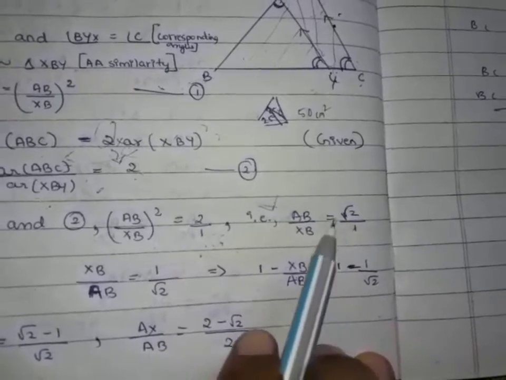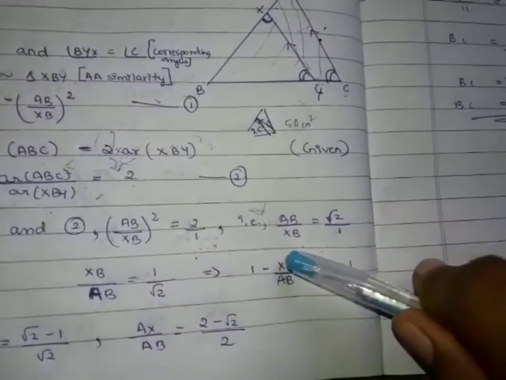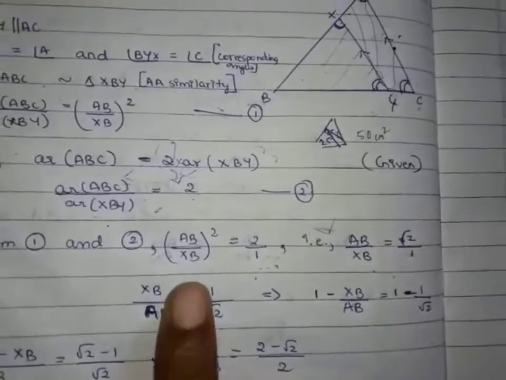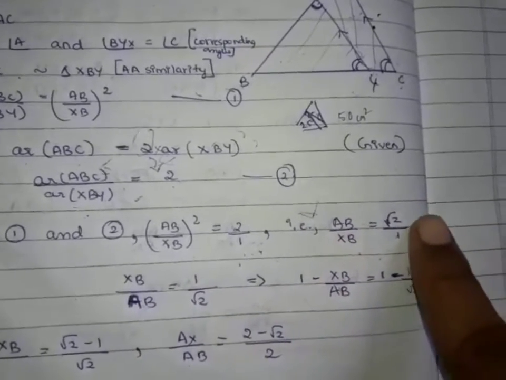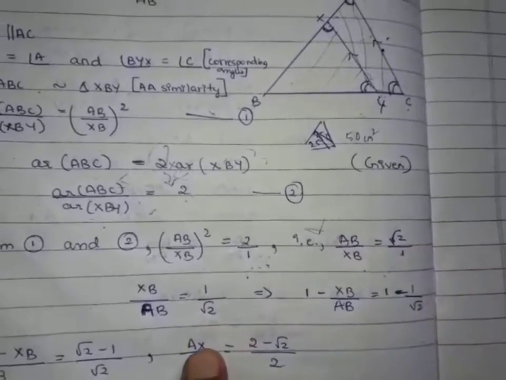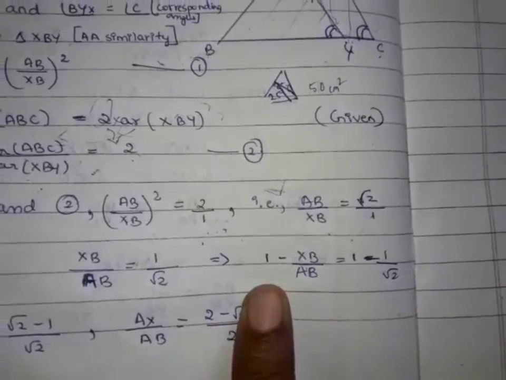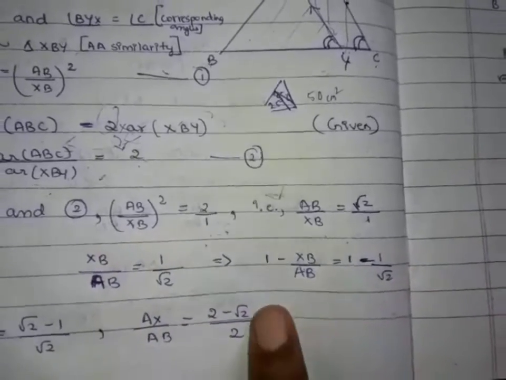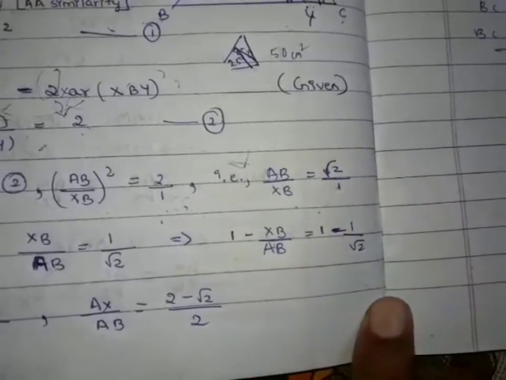Now we'll take the reciprocal of this. Reciprocal in the sense, the denominator will go to the numerator and the numerator will become the denominator. So here we get XB by AB. The denominator and numerator are interchanged. Similarly, your right hand side will also become the same, that is, the denominator and the numerator are interchanged. Afterwards, they have subtracted from 1 on both the sides. They have subtracted the given equation from 1 on both the sides. So on subtracting it, we get the equation like this.